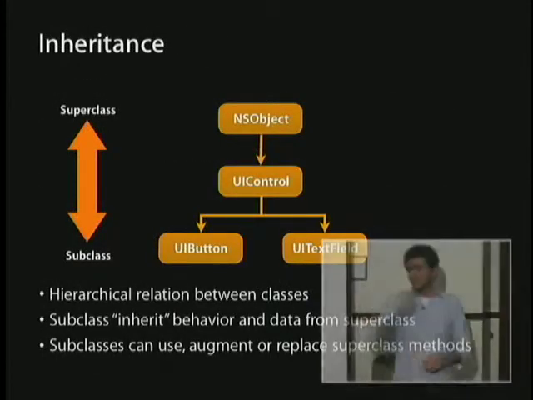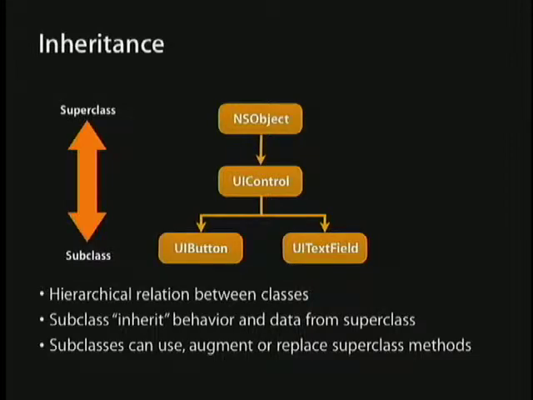So yeah, an example of inheritance is in UIKit, which is the user interface framework for the iPhone. We start out with NSObject. UIControl is something that inherits from NSObject, and it implements some of the basic things that a control object would need to do: touch tracking, and knowing where fingers are when they're moving in and out of the control on screen. And then there are specific concrete subclasses of UIControl. We've got UIButton and UITextField as two pretty good examples of that. They're specific types of controls that have a particular appearance and maybe some custom user interaction that is more specific than what the base UIControl object provides. But they get all the other behaviors, like the basic touch tracking that UIControl provides as the base class.